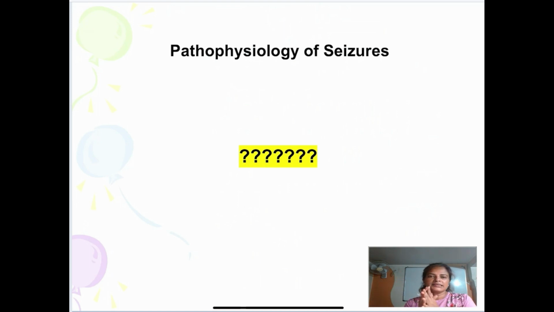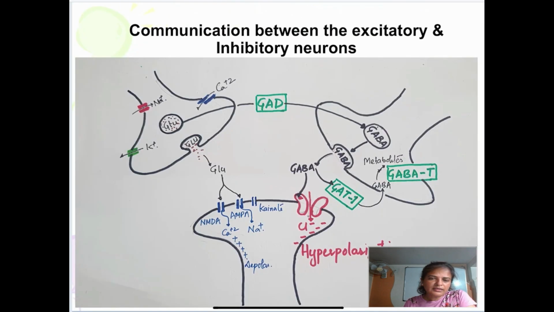If any imbalance happens between this, now how do these neurons interconnect with one another? There is electrical connectivity between them by the generation of the action potential. As you all know, the connection between one neuron and another neuron is by the electrical impulse. So look at another figure.